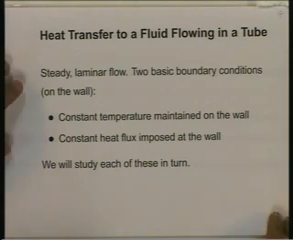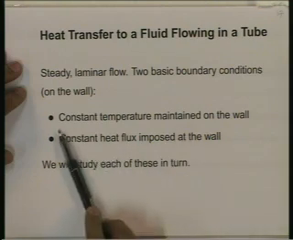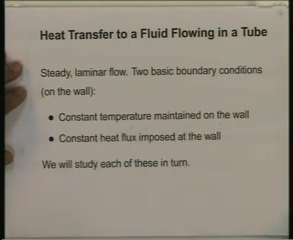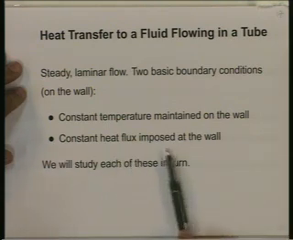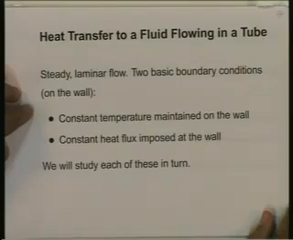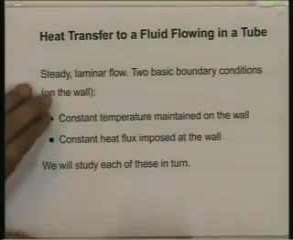These are the thermal boundary conditions on the wall. One is if the wall is maintained at a constant temperature, and the other when the wall is exposed to a constant heat flux. This happens, and it's a good approximation, if the wall is directly heated by resistive heating or the wall has a heating coil wound over it. We will study each of these in turn, but let me sketch and show you what we mean by the